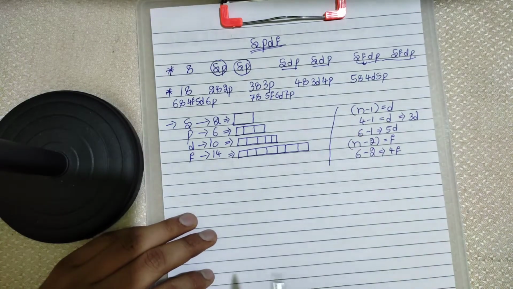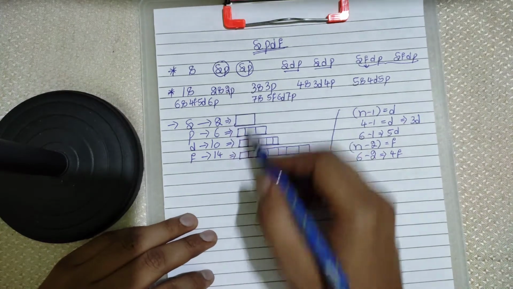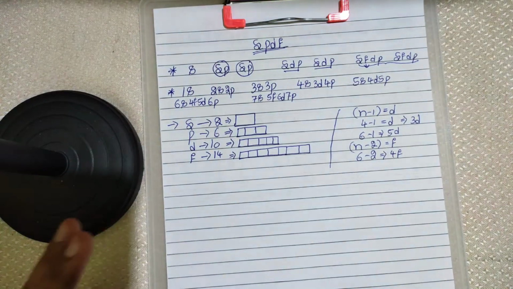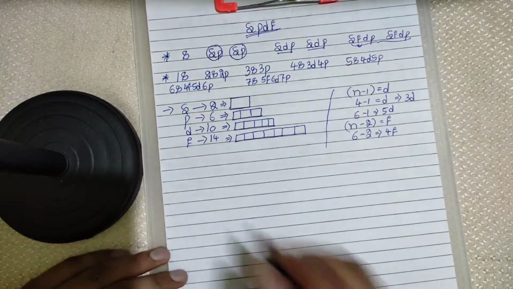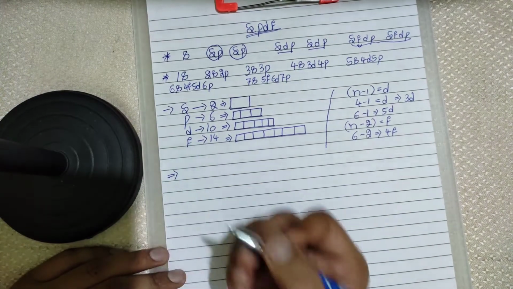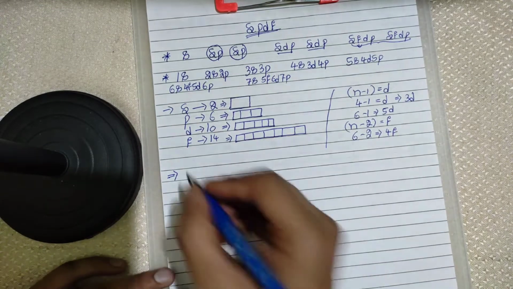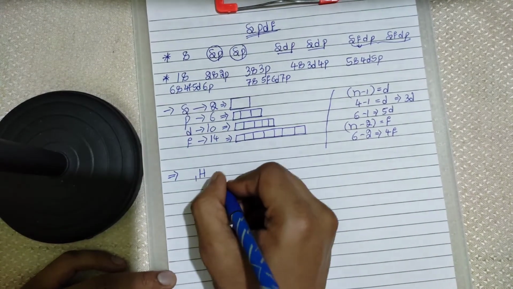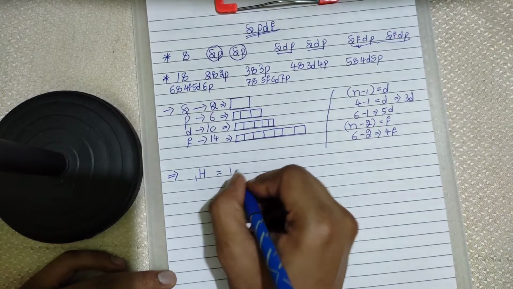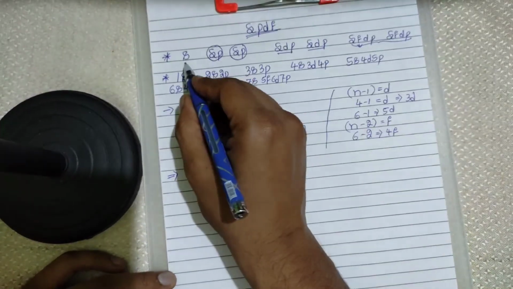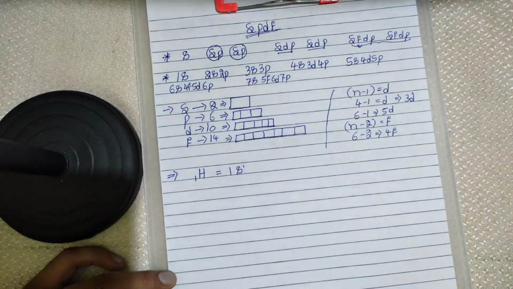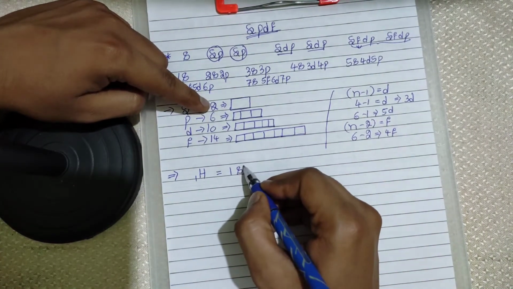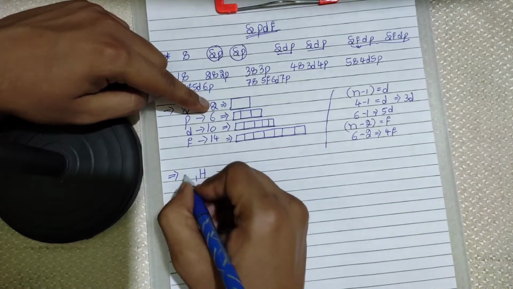So I have discussed two tricks. First trick is this one and second trick is this one. Now let us write a few examples, because if we write some examples then only we can understand better. Let us take a simple example, hydrogen. What is the atomic number of hydrogen? 1, right? So for 1, how do we fill? Just 1s1. In the s orbital we can fill 2 electrons, so only 1 electron we can fill, so 1 I have written here. First example.